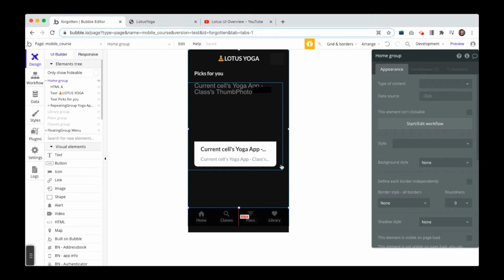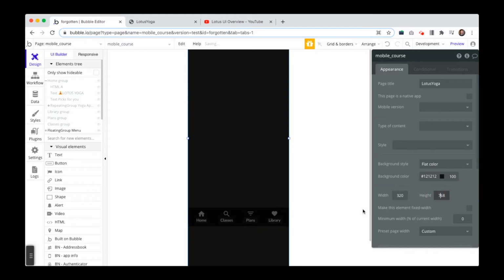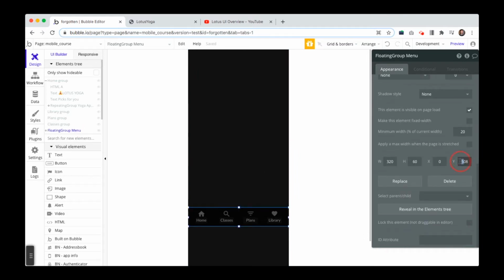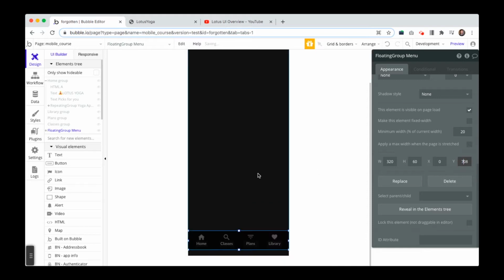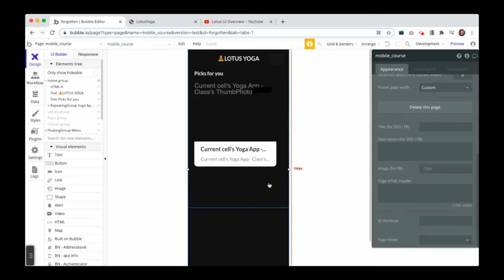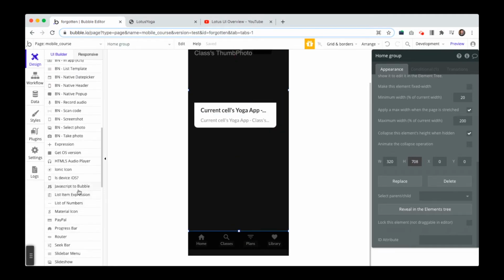So the first thing we need to do is actually hide this home group. We need a little bit more space to work with. So I'm going to give us another 200 pixels. Take this floating menu, also give that 200 pixels. And then let's see about our home group. Yep, we're giving everything 200 pixels. Cool. So we're going to grab another repeating group,